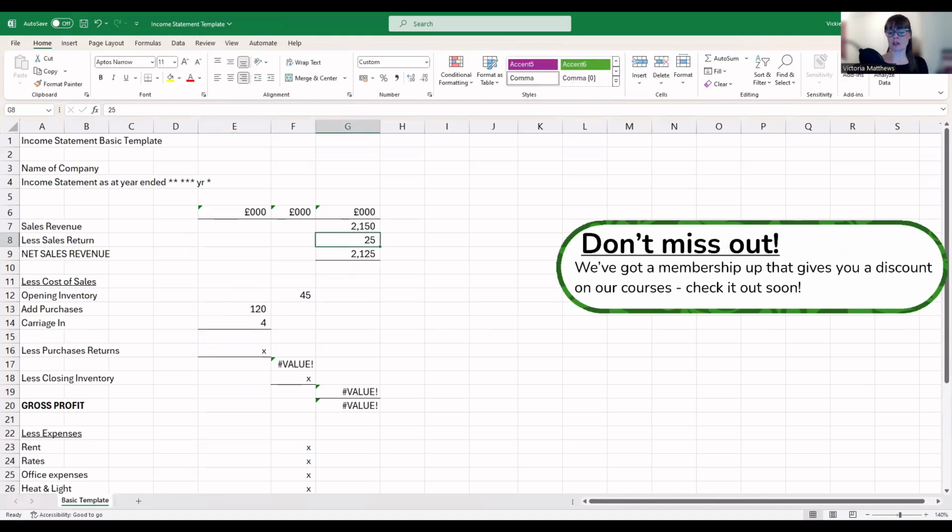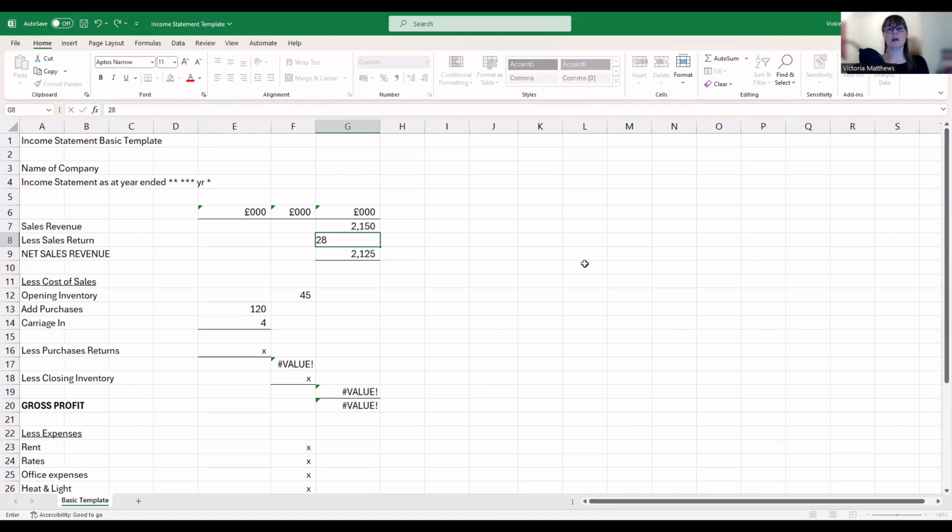Let's say my returns were actually 28. And my formula below, if you check out cell C9, will change immediately without me having to think about it or do anything, which again speeds up my process. And remember, time is money, and time is our most precious resource. I'll start to sound like Gollum soon. Okay, so